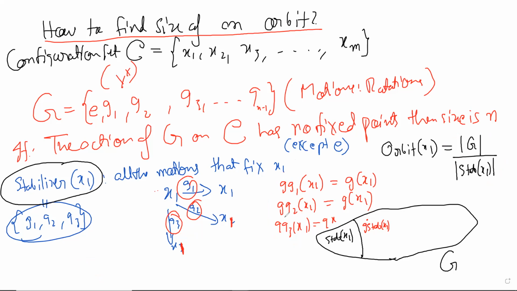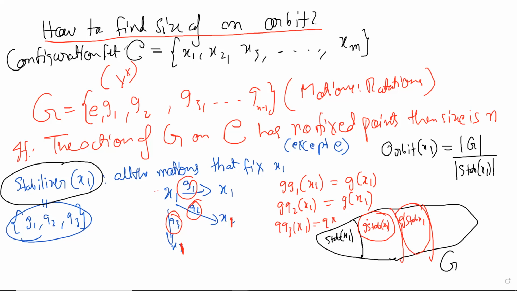So more clearly speaking, you have this set of motions which fix x1. You take something from outside this set, which is another motion. This G is another motion, and you multiply G with all the motions that are in the stabilizer, which are fixing x1. We just saw that these things will also send x1 to one other place. Okay, so two places. Now you take another motion which is outside these two sets, and you again multiply it with the fixing thing. Now these motions will send x1 to another place, a third place.